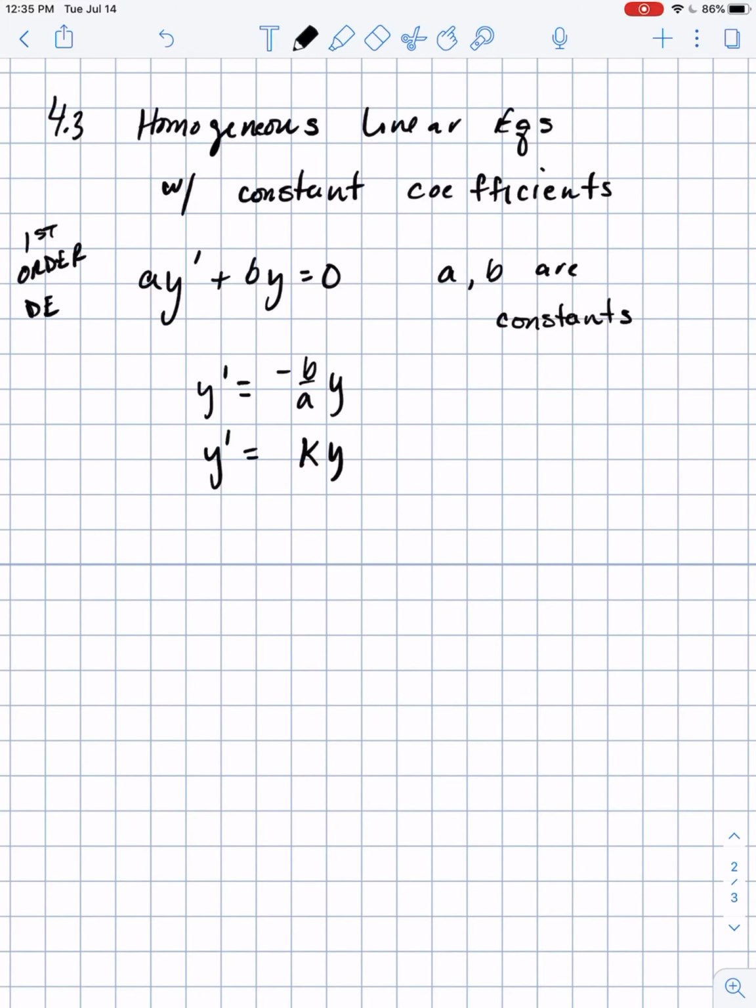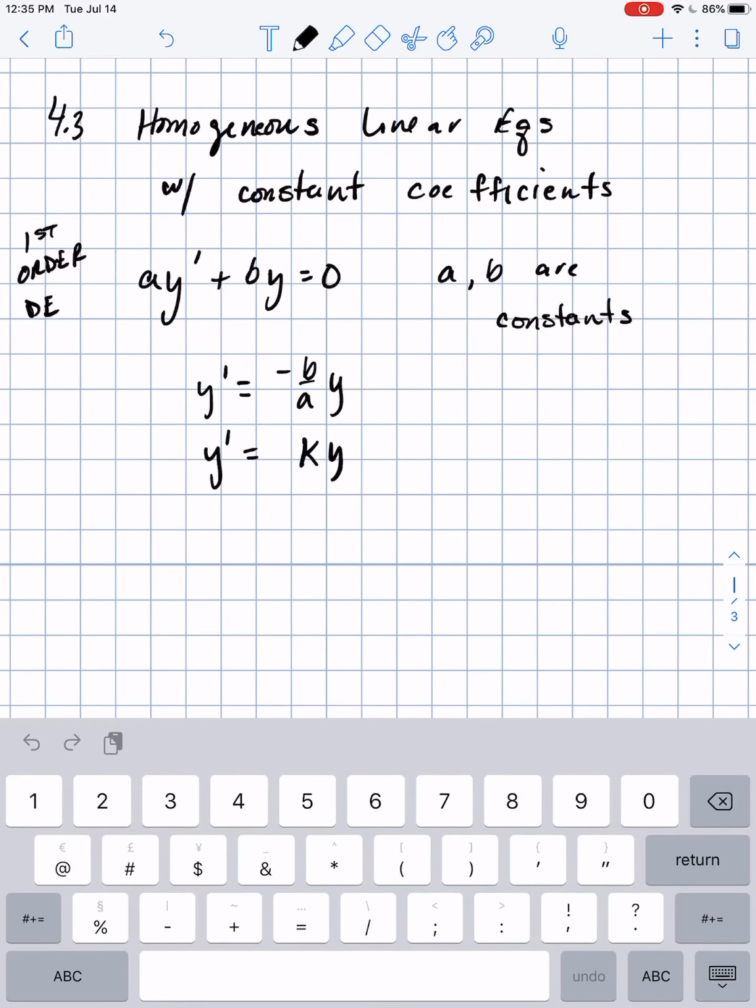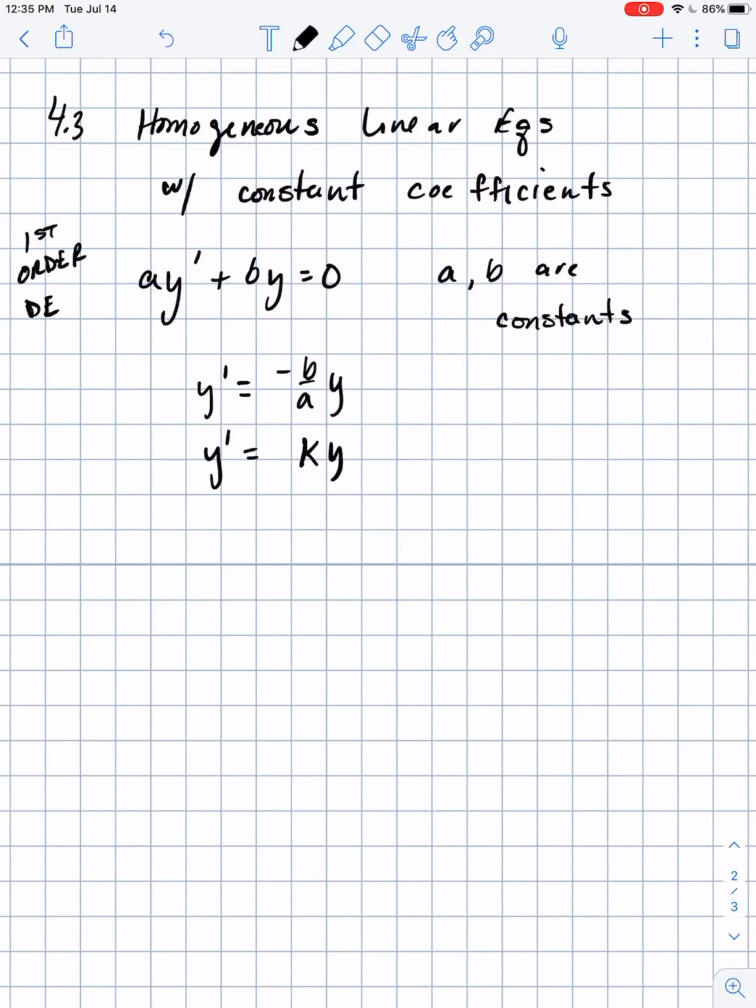So if you think about it, what function will be very similar to its derivative? If you take the derivative of e to the x, you'll get e to the x back out. If it's e to some constant m of x, if you did the derivative, we would get a constant, that constant times e to the mx. So what I'm going to show you is how this works. I'm going to plug in these two for y